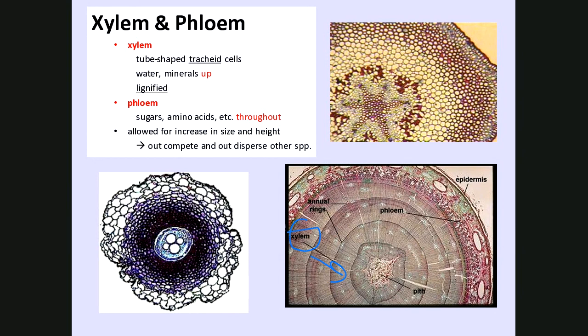And the phloem, which transports things like sugars and amino acids and produced material throughout the plant, is usually found up near the edges. So this is phloem here. So I always remembered xylem up, phloem throughout. Xylem brings the water and minerals up from the ground. So what we're looking at here obviously is a cross section. We're looking at if you took the stem of a leaf or a plant and you cut it real thin and you looked at it that way.